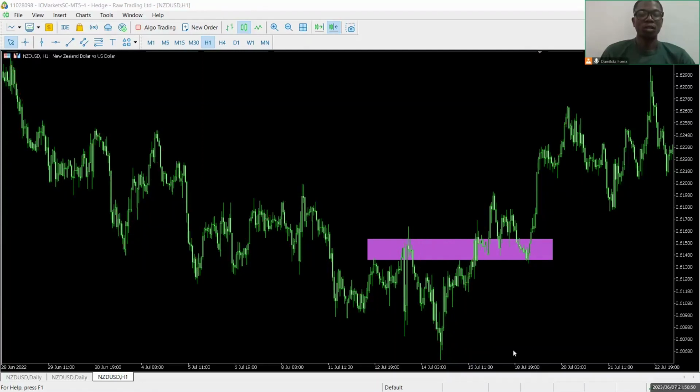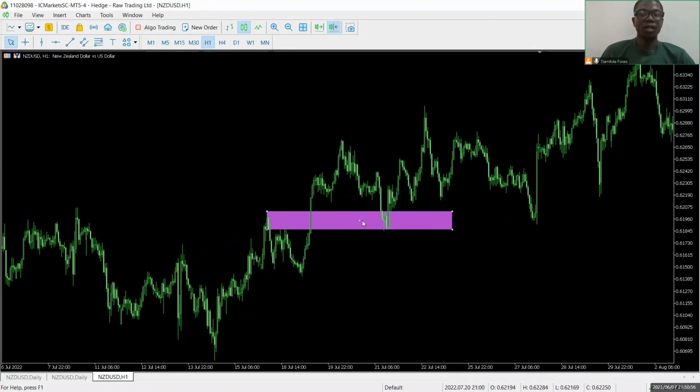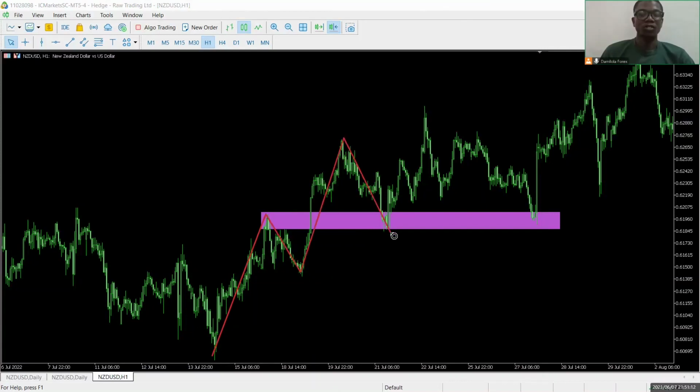Okay, so we can also see another example right here this time around. Prices turned a sensitive zone right here. Prices respected it, and respected another sensitive zone right here. Okay, so let me bring out my tool to highlight our chart structures. So this is a push, this is an exhaustion, this is a push, this is an exhaustion at this sensitive zone. So instead of prices violating the sensitive zone, prices came, respected the sensitive zone, okay, and gave us